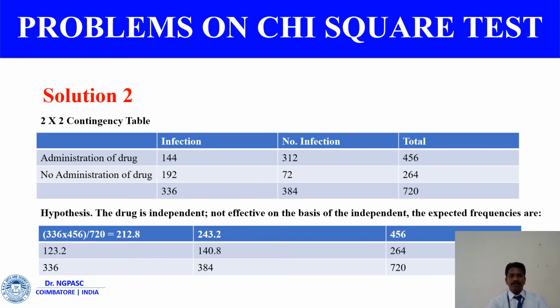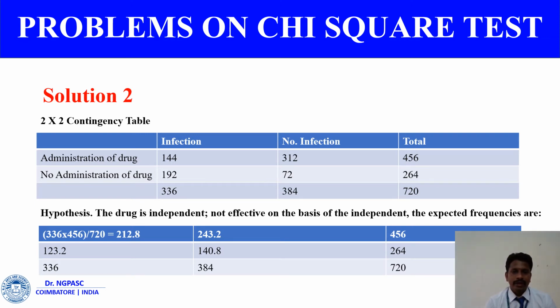Next, to calculate the expected frequency of 312, the corresponding column total is 384 and the corresponding row total is 456. The multiplication of the two elements, 384 into 456, whole divided by 720, gives the answer 243.2. Next, for the element 192, the row total is 264 and the column total is 336. The multiplication of 336 into 264 whole divided by 720